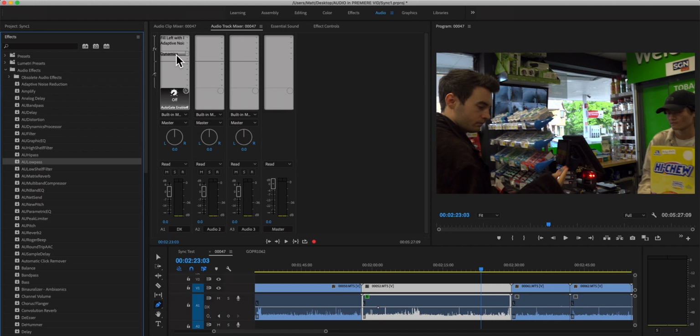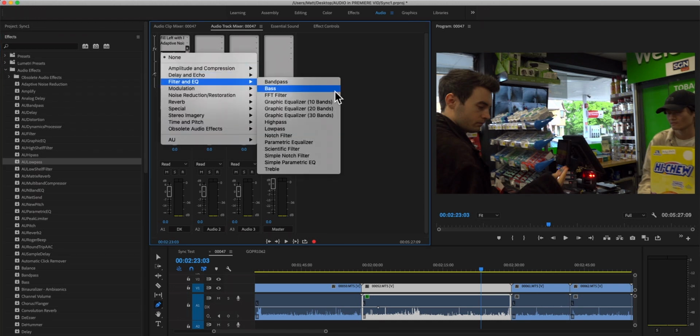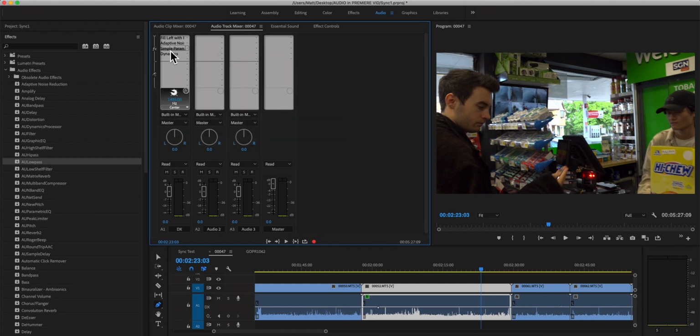So you've noticed that I've put the compressor, which is part of the dynamics effect, in the slot there, but I've left a gap because usually you put EQ before compression. There's a bit of a logical way to apply effects. And EQ, of course, we know is the